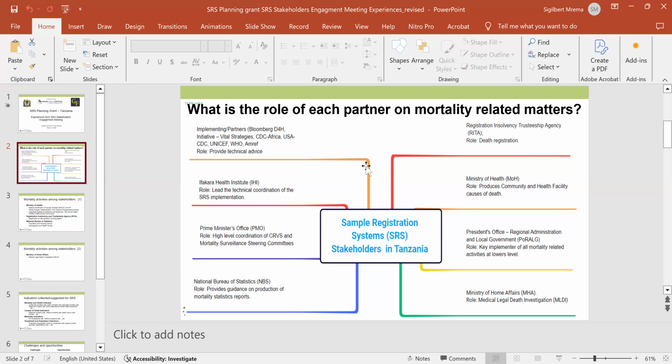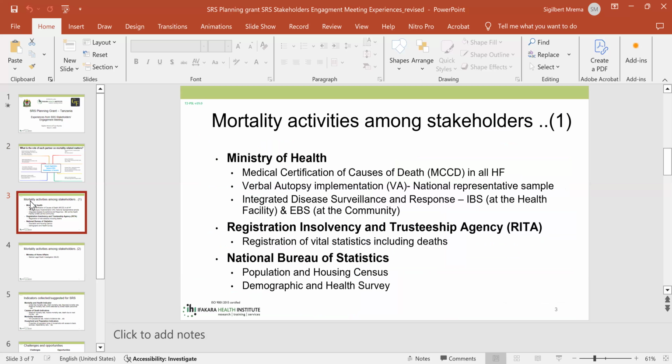So in this meeting, we went further by giving each stakeholder the opportunity to present what they're currently doing regarding mortality issues. Currently, the Ministry of Health is doing the assessment of causes of death on all deaths that occur in health facilities, but also conducting verbal autopsy on a nationally representative sample, and also has integrated disease surveillance and response.